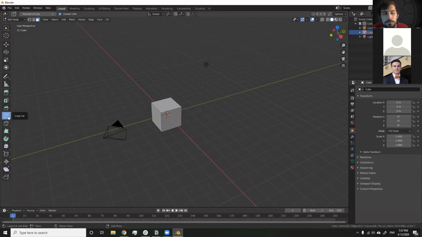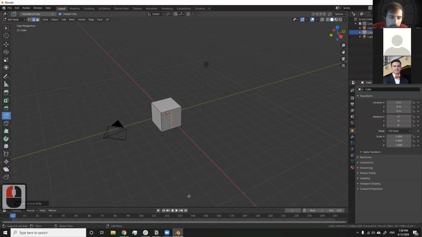So we'll go through loop cut first. Loop cut allows you to basically take a series of edges and split them down the middle. So you can see when I select the tool from the side and then scroll over here, it's going to preview a couple of your options. So for example, I can go over this one and you'll see that these 4 edges around the outside of the cube are kind of being split down the middle by this new loop of edges. So if I click,